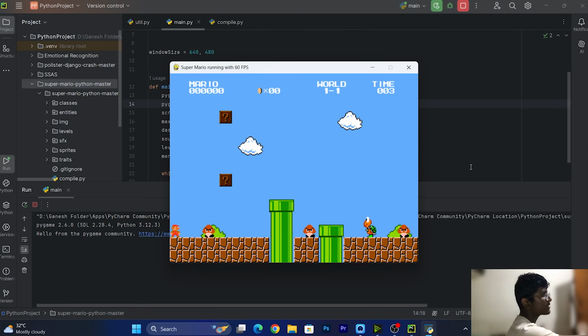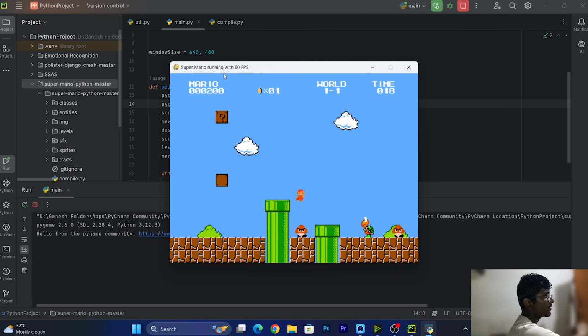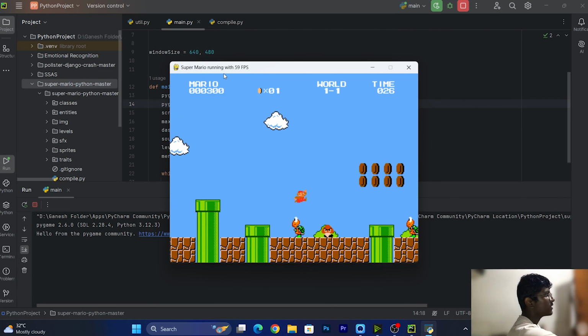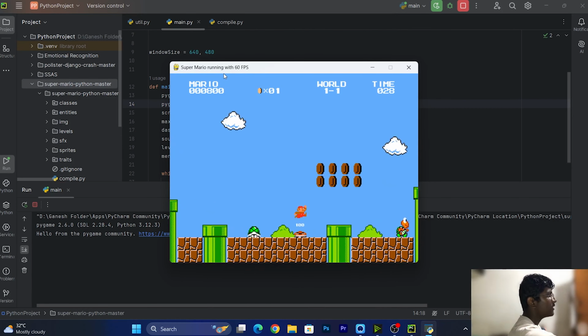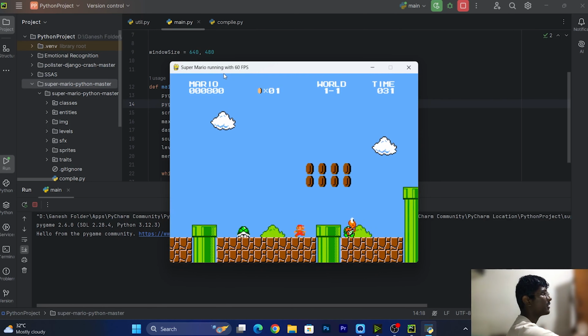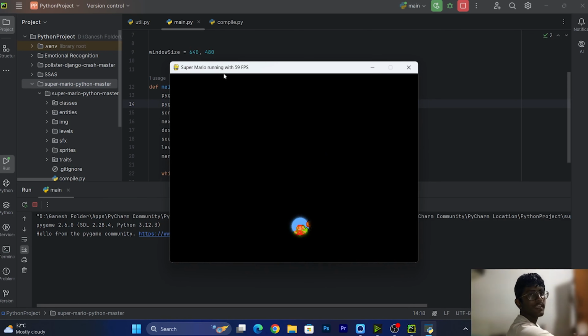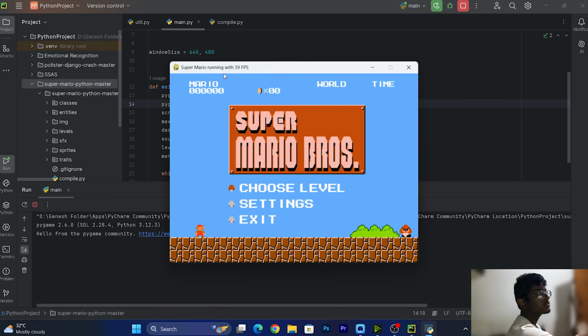Now the animal is coming, I'll jump and stamp it on it. I got 100 coins or whatever it is. 100 score over here. As you can see, there is a mystery box over here. I'll jump. I got a coin plus 100 points. So I will, yeah, I stamped on that animal. I got 300 score now. I'll jump on this tortoise, it went into its shape. I'll stamp on this animal, I got 800 coins. Now I'll collect all the coins over here. Accidentally I dashed the animal, so I am out.